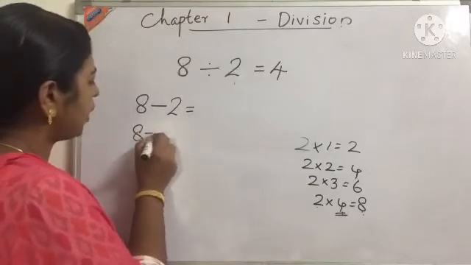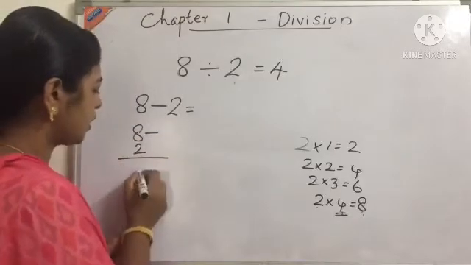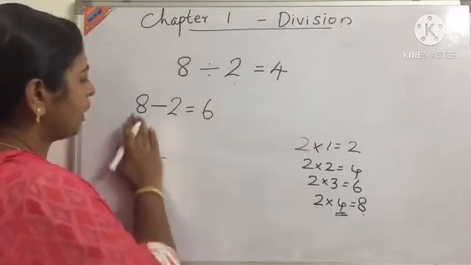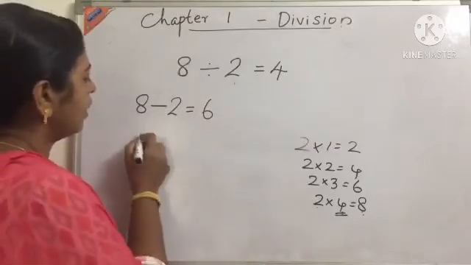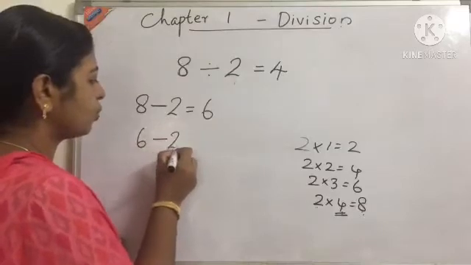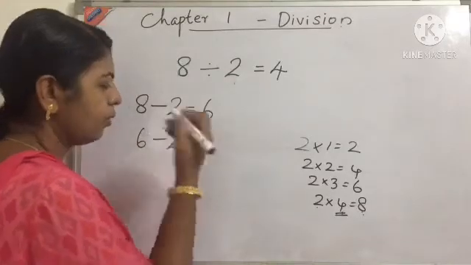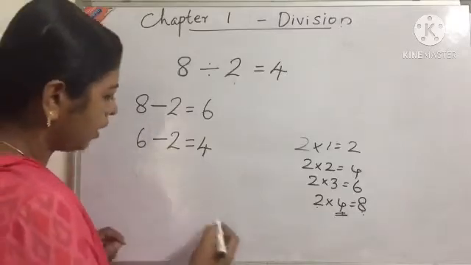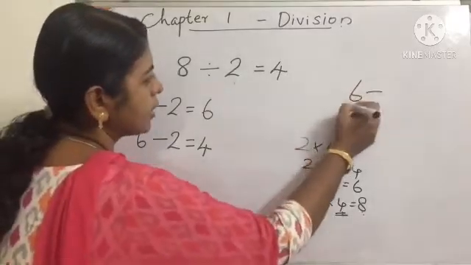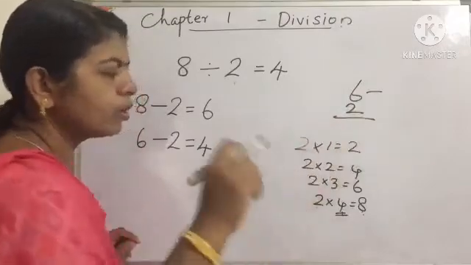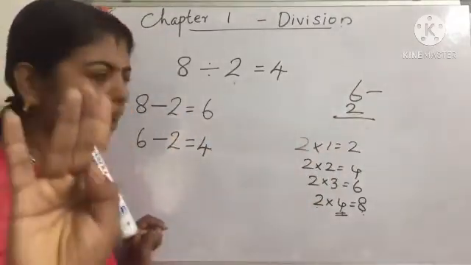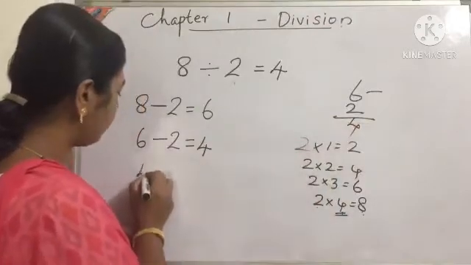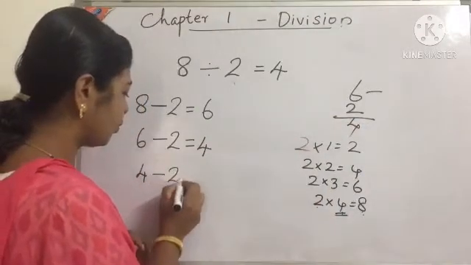It's 6. Then 6 minus 2, how much is it? In mind you can calculate. It is 4. Otherwise, 6 minus 2: after 2, 3, 4, 5, 6. It's 4. Then 4 minus 2